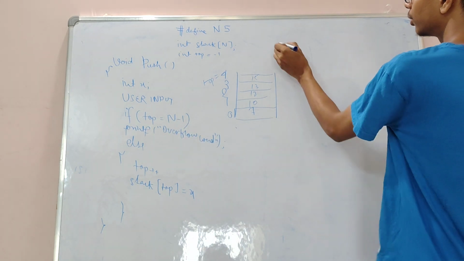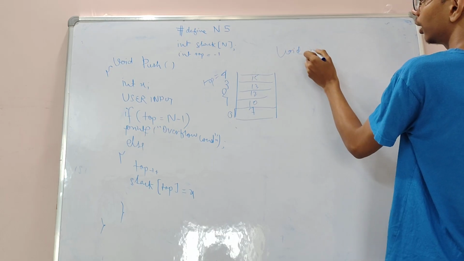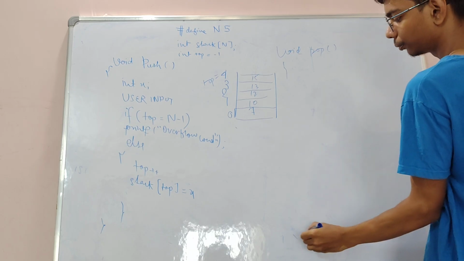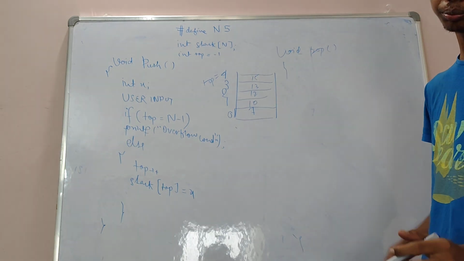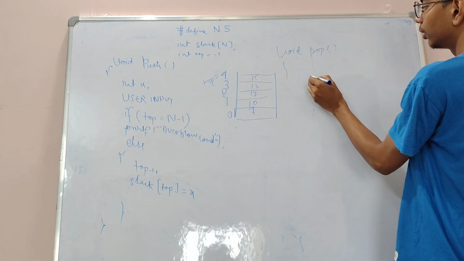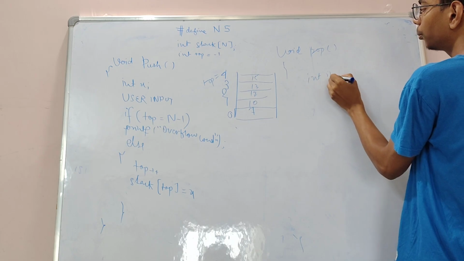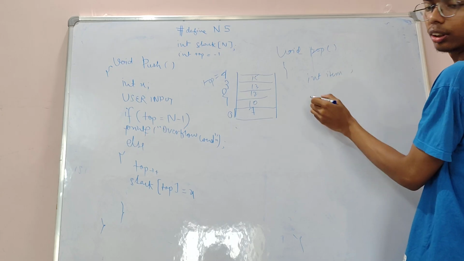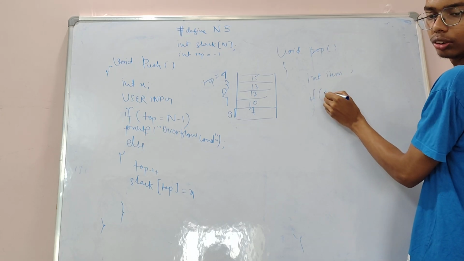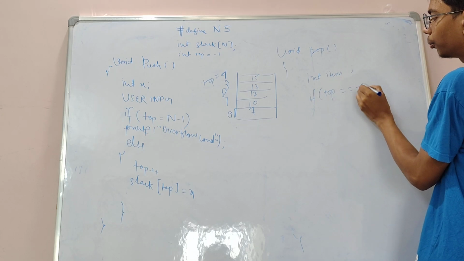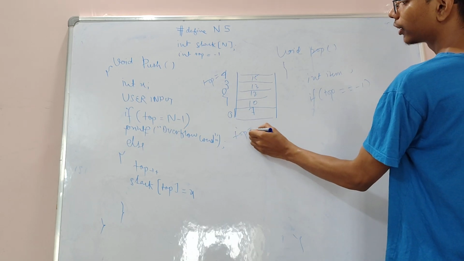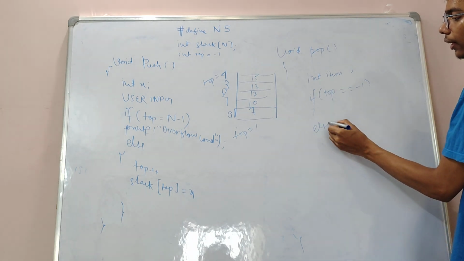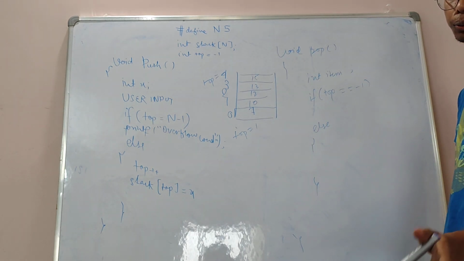Now he wants to delete a data, so I will declare a function void pop. And then I will declare a variable int item which I want to delete. Now if top is equal to -1, the list is empty, so I will print list is empty, else what I will do,